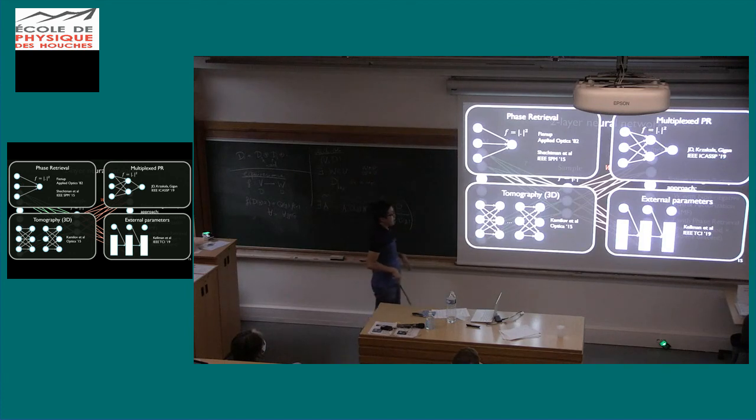I looked a bit at the bibliography, and actually there are some people doing gradient descent on these kinds of networks, which you may know, like with deep learning. And basically they are saying that each of these layers are some planes of the objects. So they are doing tomography and reconstructing 3D objects as light propagates through the network. And here there is also another work which is about how to optimize external parameters in some kind of optical device. And what I would like to point out here is all the theoretical works that we do here,